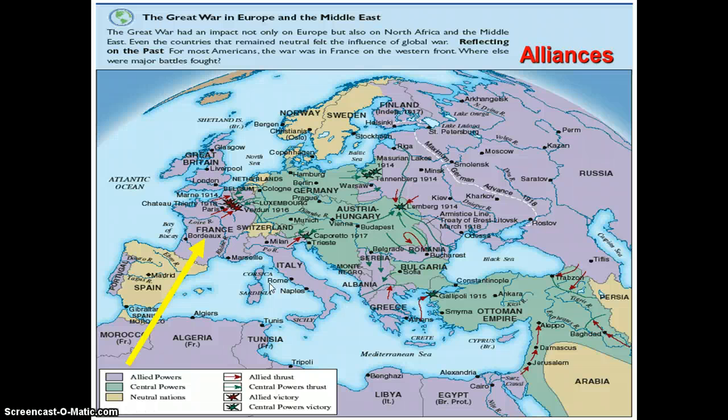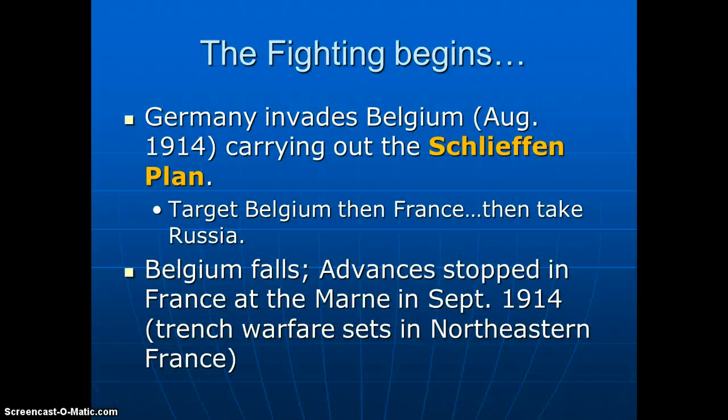All right. Now, the two main areas of fighting really focused in France and in Germany. But when Serbia and Austria-Hungary went to war, we saw a big domino effect of countries fighting. Once Germany jumped in and aided Austria-Hungary after they had declared war on Serbia, Germany created what we now call the Schlieffen Plan.